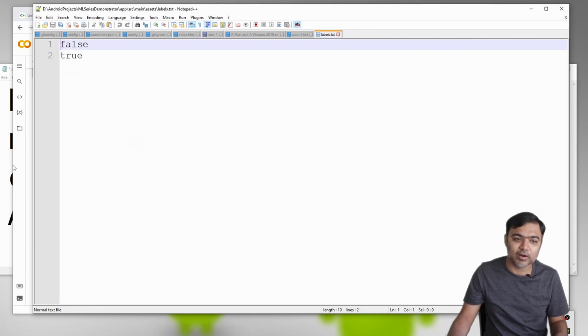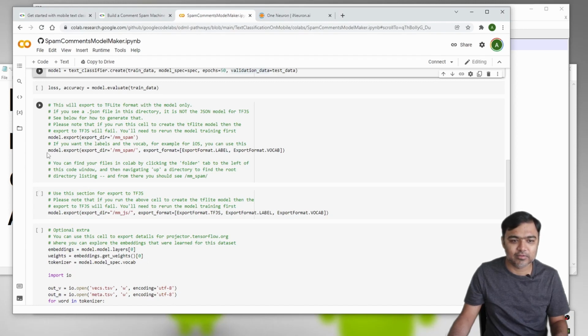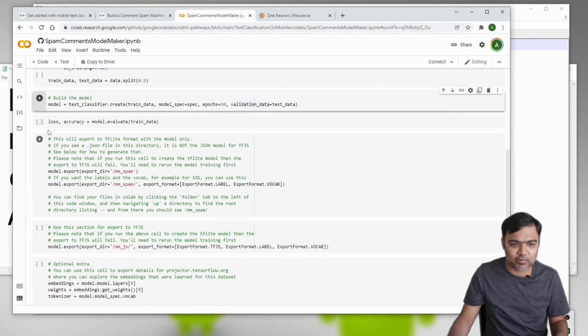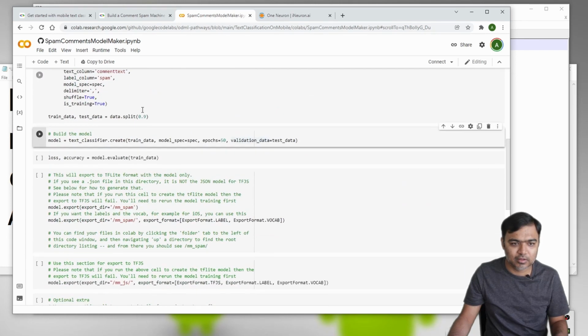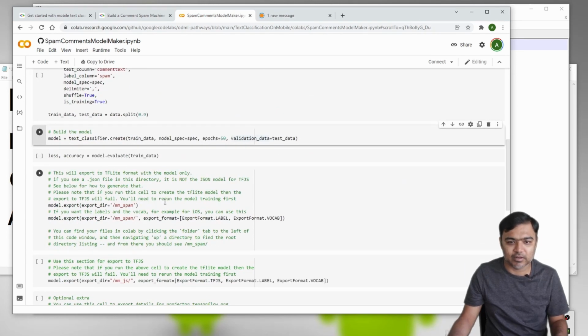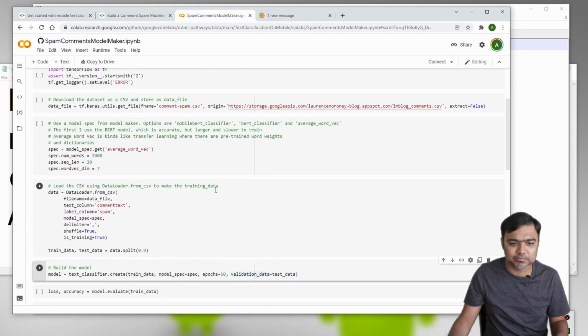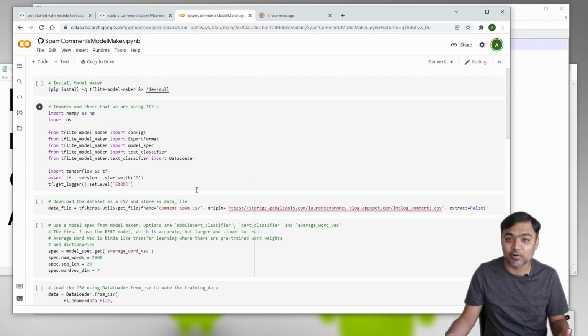When you are running the app, you actually need all these 3 files which will be generated in the spam folder. You can also use it to generate some other formats, but if you are exporting it for mobile, this step is enough. So these 5 steps till here are enough to generate that model. It's a very simple way of generating the models, not much complicated code. Of course, this assumes that you have already collected the data and cleaned it up. If you want to build a model from scratch, this is the way to go about it. Hope you understood, and if you have any questions, please do leave them in the comments.